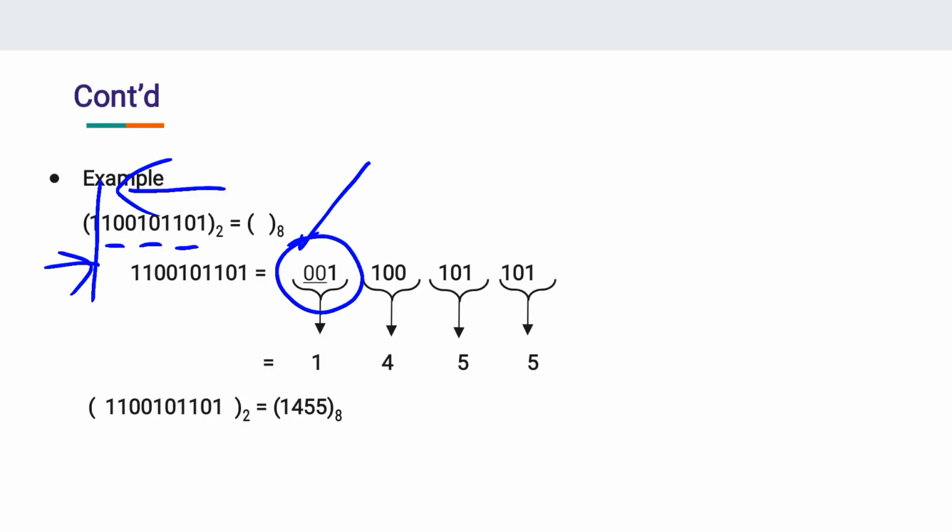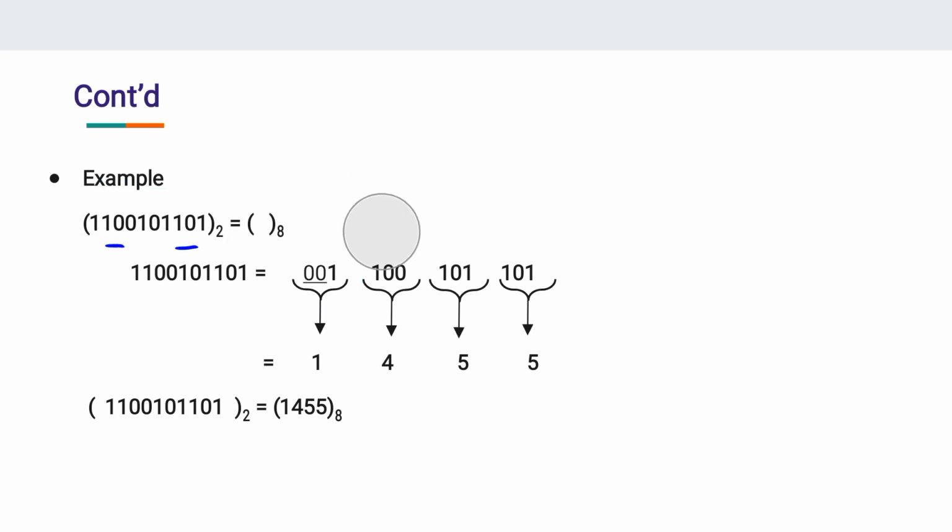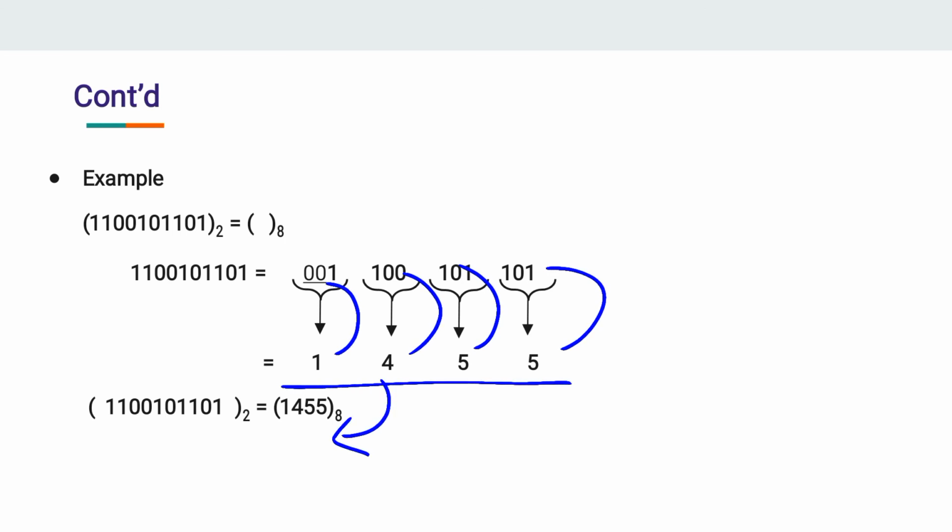So next we have to go for the conversion of this. After grouping we will get 3 bits each, and according to the table, or you can go with common sense, we get the binary value for the particular digit. So 101 is 5, 101 is 5 again, 100 is 4, 001 is 1. So write it as it is to get the octal number from the binary digits.